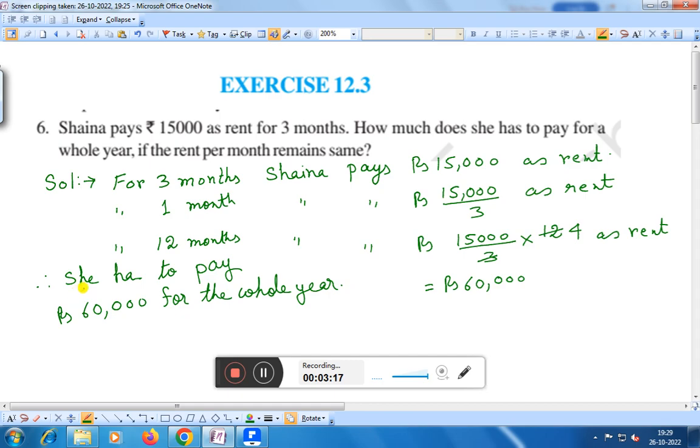Right? Therefore, she has to pay rupees 60,000 for the whole year. This is the solution of question number 6 of exercise